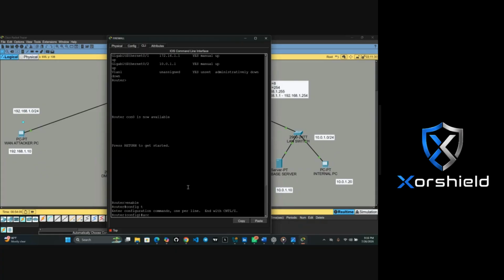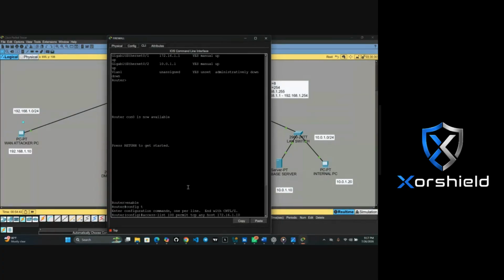Then you start with access-list 100 permit tcp any host, then the IP address of the web server, 172.16.1.10.